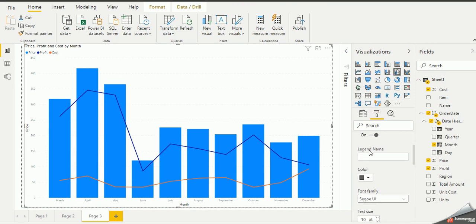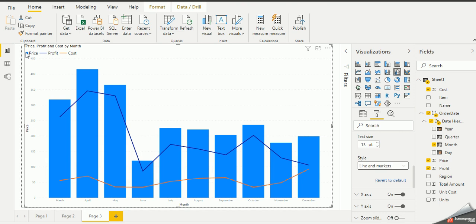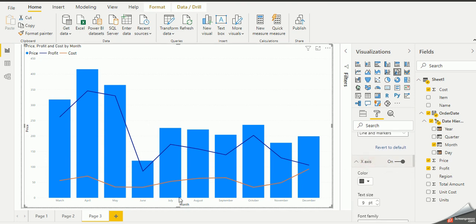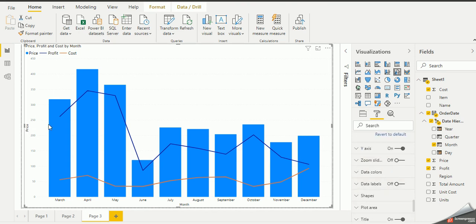So what about the legends? We have to make them a darker color and a bigger size. We can use line and marker, so that it will also distinguish that the profit is a line and the price is a bar chart or a marker. Now for the x-axis, we have to make the font bigger so that it can be viewable. Now go to the y-axis, we don't really need a bit of this, so we leave it. Data colors, you can choose your colors yourself by the legends.